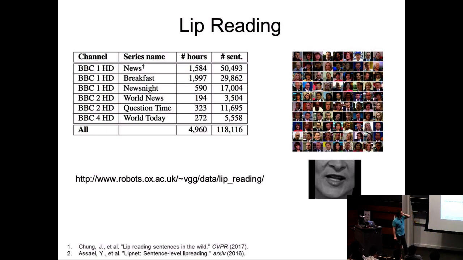They've looked at these BBC channels and number of hours of training, so you can see these are fairly large data sets. You have about 5,000 hours and about 120,000 sentences that you can train from. All these videos are transcribed: somebody's saying a sentence, and you have the corresponding text. You don't have alignment for every utterance, but you know what the person is saying.